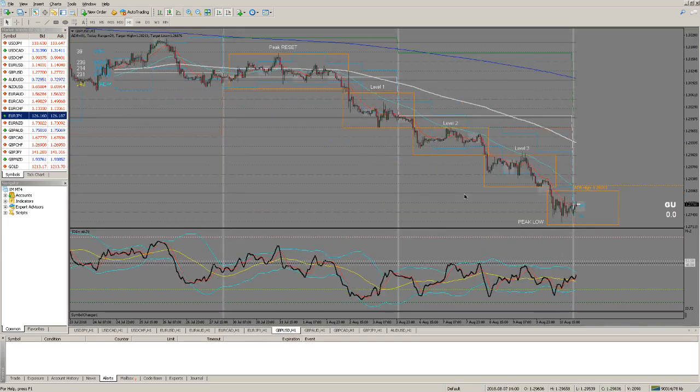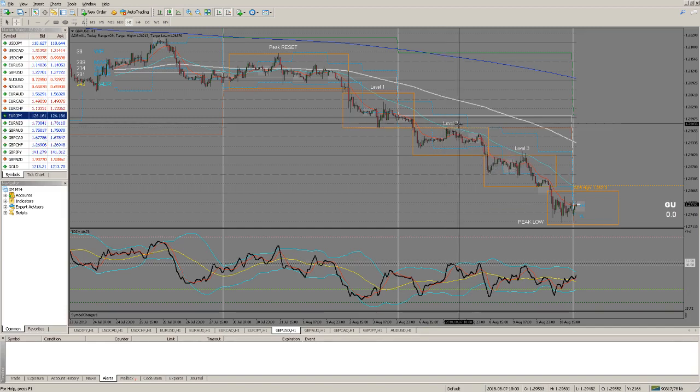All right, let's see, GU. We're looking at this is also another one that just kept on resetting on us, right? So from this peak reset here, all right, we got ADR is 81 on GU. It's a little bit larger than EU, but you can see here this drop here. This was our peak, level 1 drop, about 90 pips. Level 2 drop, about. Oh, this one was